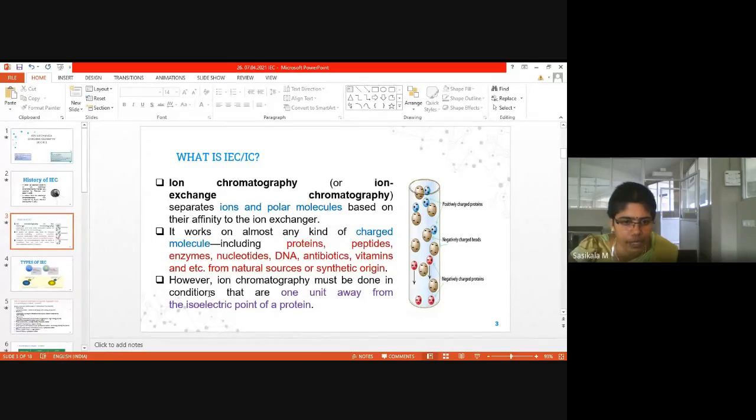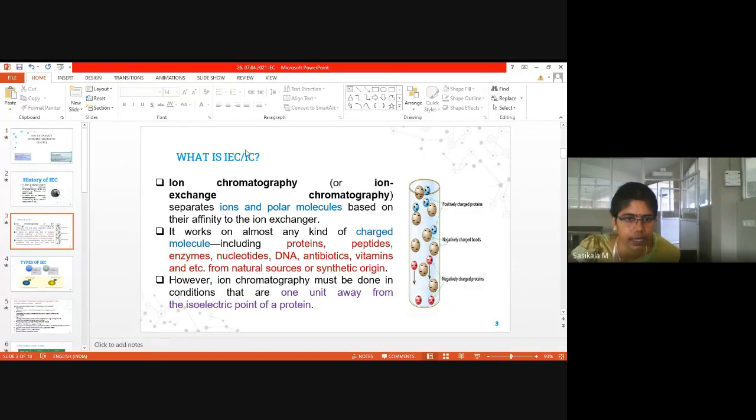pKa we have discussed now. I told you that in the physical parameters pKa must be chosen. What is pKa? The acid dissociation constant. Based on it, other molecules in HPLC are usually separated. In ion exchange chromatography, what do we need to consider for protein? The isoelectric point, the pI value, where the protein exists in neutral form and its net charge is zero. So one unit away from the pI value must be chosen, either plus or minus, depending on whether it is cation exchange or anion exchange chromatography.